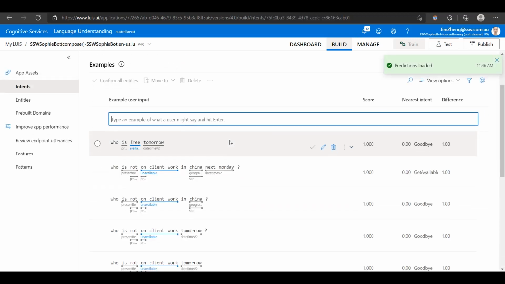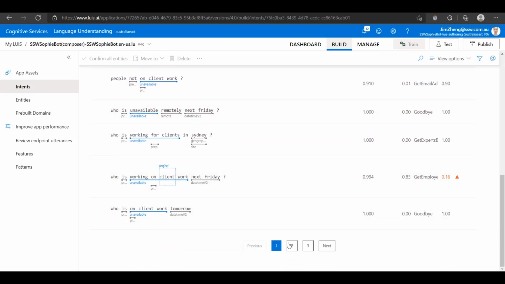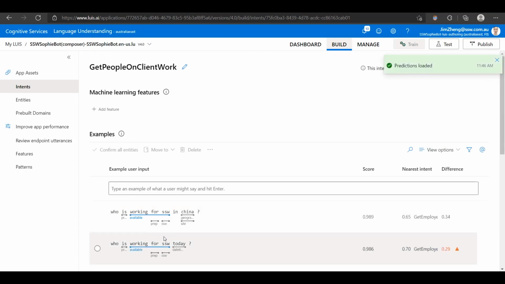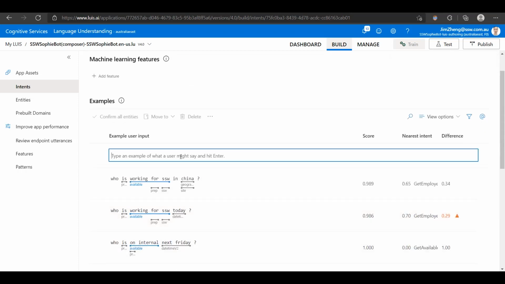Inside this intent, there are a bunch of different example user inputs, including the one we just used, who is working for SSW on a date. And in order to let LUIS understand the new phrase, we can add a new example user input, who is working for Adam next Monday.